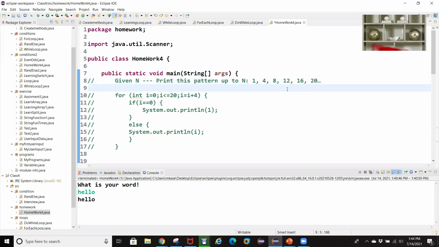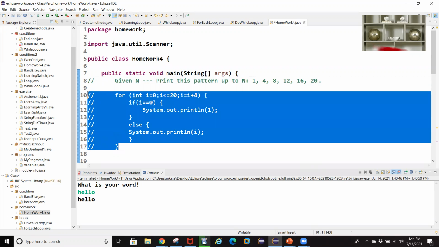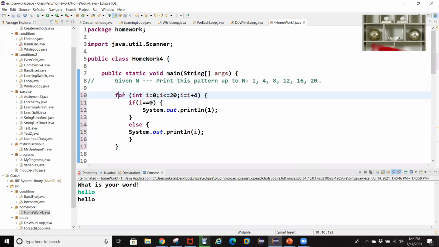Because we are printing a series of numbers, that means we have to use a for loop. So first we have to define the for loop. To do the for loop, we write for, open and close parentheses. Here we declare an integer as the iteration variable, and we are starting